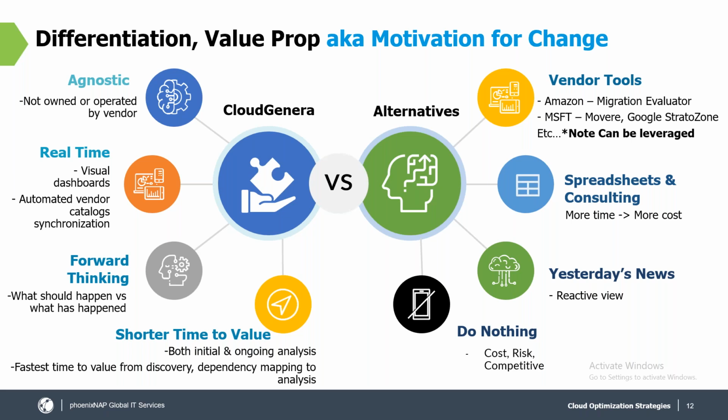Lastly, because of this ability to work in real time, CloudGenera has the foundation to predict your next action. And that takes you from yesterday's news into proactive, actionable strategies to migrate or modernize. And through our automation, our AI algorithms, this presents shorter time to value for you and your customer, both in that initial assessment of what is required to either optimize the spend or to migrate the workload, as well as in the ongoing analysis